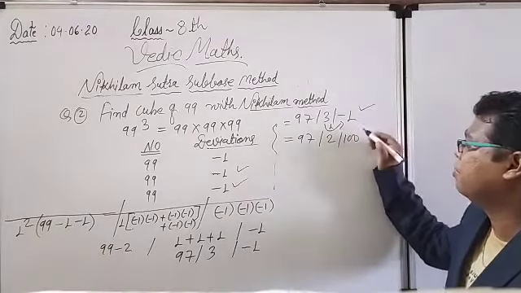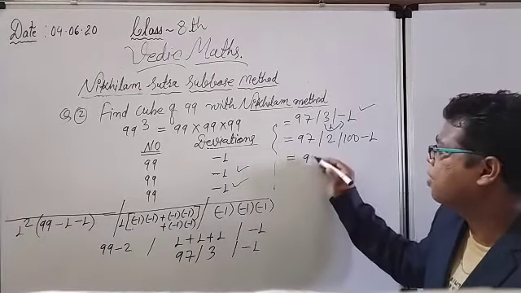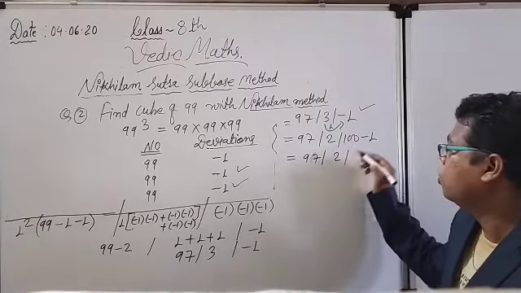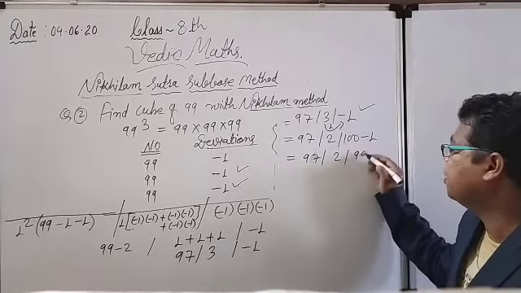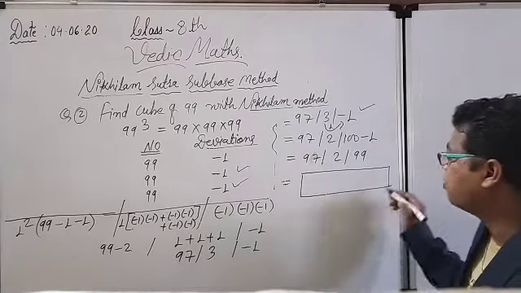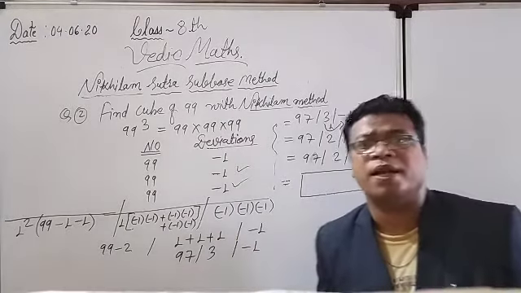Only I have to make this particular thing positive. So 100 minus 1, the answer will come 97. You can see, again 2. And here 100 minus 1 will give me 99. Here you have to understand the logic. That is one of the most important things, what I have told you for the final answer.